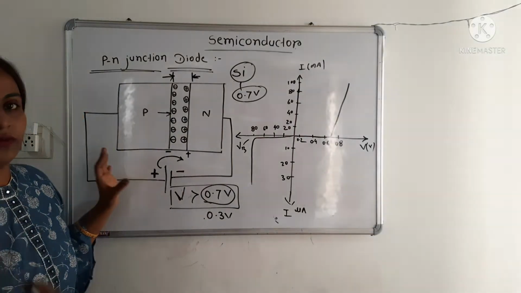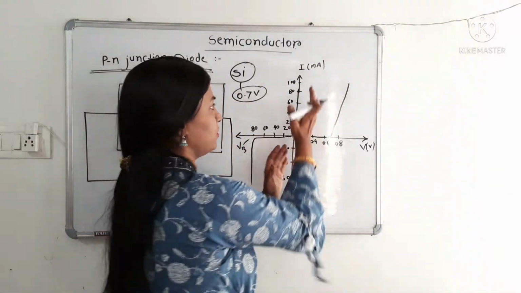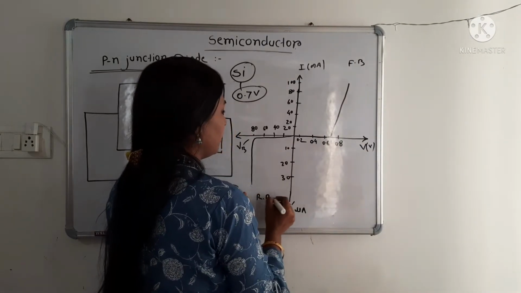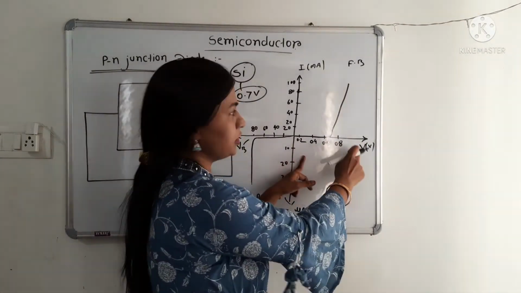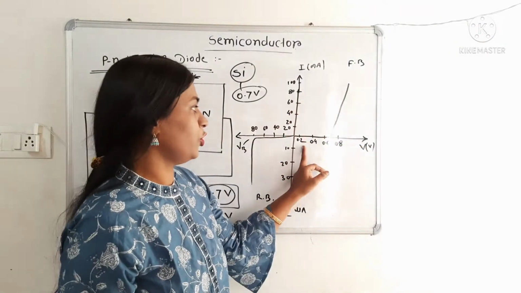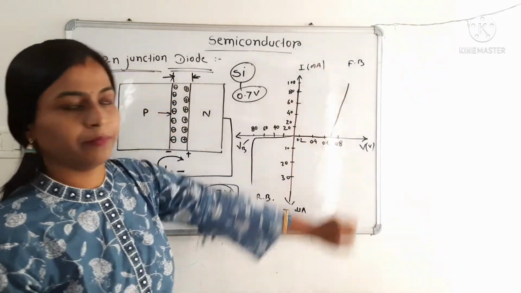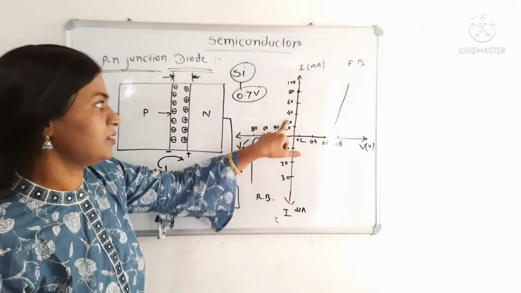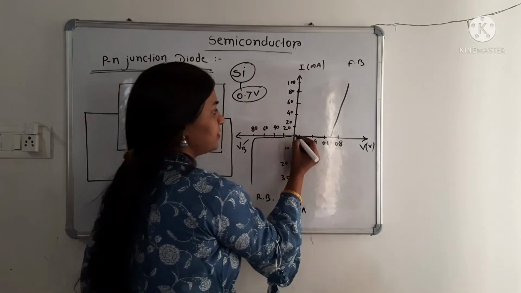दिस इज हैपन इन फॉरवर्ड बायस। See, this is the VI characteristic of forward bias. This is forward bias and this is reverse bias. Voltage and current. On x-axis we are plotting voltage and y-axis we are plotting current. Here voltage 0.2, 0.4, 0.6, 0.8 volt and here current is in milliampere. In forward bias, the current conduction is in milliampere. This is the current which is plotted on y-axis. See, this is the graph.